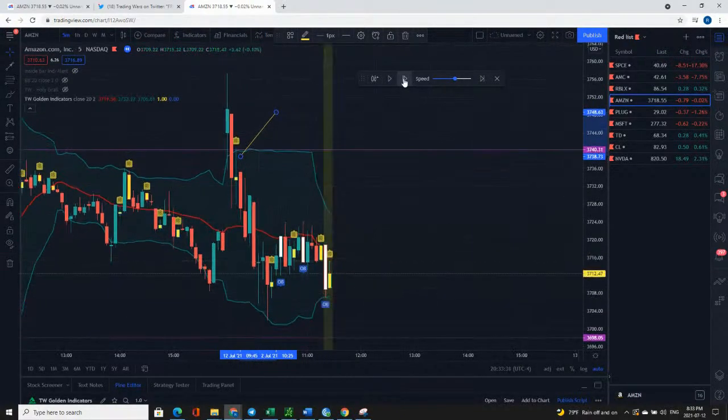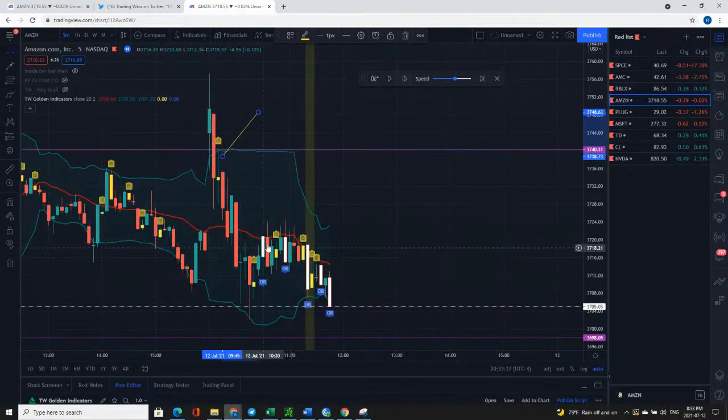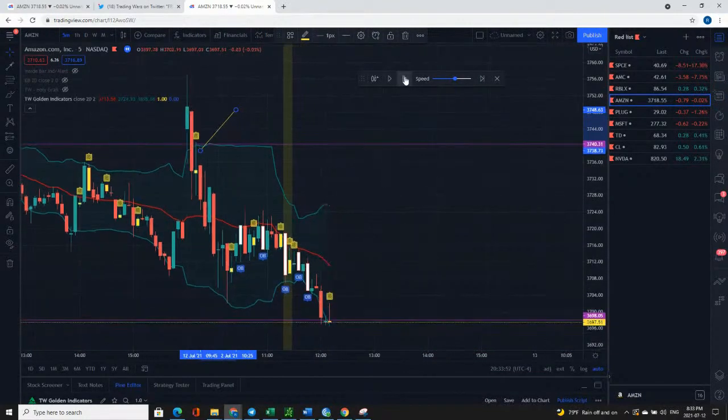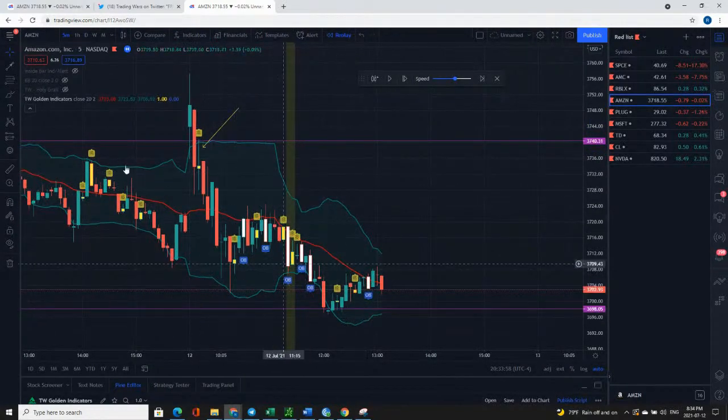Okay. And then you see how I'm focusing on the first 3 to 4 plays. And then after that, I'm not really too interested because I don't want to get caught up in this. You see this here? This is what we call the afternoon chop. Basically from 11:15, 11:30, it just becomes a lot of chop. So you notice how when we look at the charts in the morning, there's some clean moves. That's what we're looking for as traders. Take those clean moves and disappear. And if you took the opening range breakout back here, you would have been just sitting in this all day, locking some profits and sitting in it.